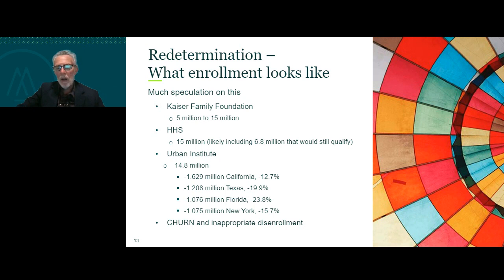And in this study, they did look at the pre-pandemic period to try to get an assessment of what this would look like in the past when you went through this redetermination process. Based on that study, 65% of people that came off of the Medicaid rolls had some period of uninsurance within the first 12 months after they came off Medicaid. And about 41% of that group re-enrolled in Medicaid within the year. So there's your churn.